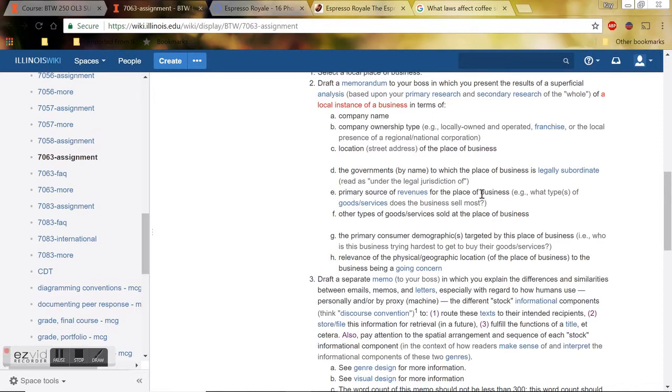Item E asks us to address what their primary source of revenue is. And sure, you could just say, oh, it's a coffee shop or it's a clothing shop. But let's get a little bit more specific in our primary research. So I could do this a number of ways.